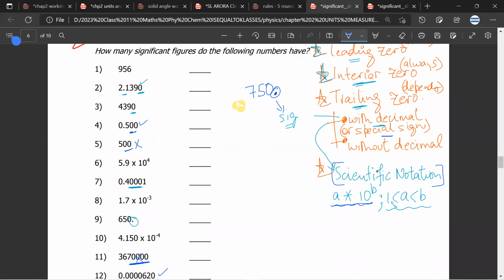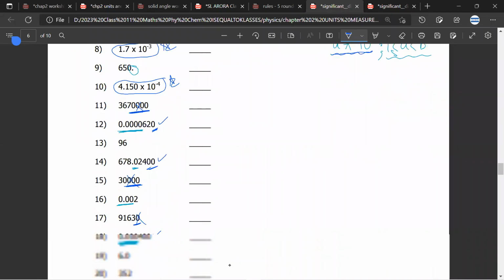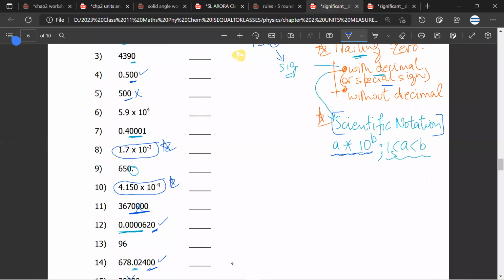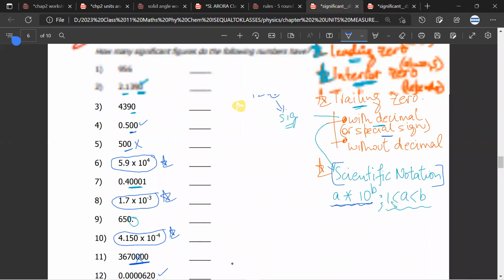So what I'm trying to tell you is, for example, if you look at this, this is scientific notation. If I look at a number like this, this is scientific notation. Are we clear? The thing about scientific notation is that this number